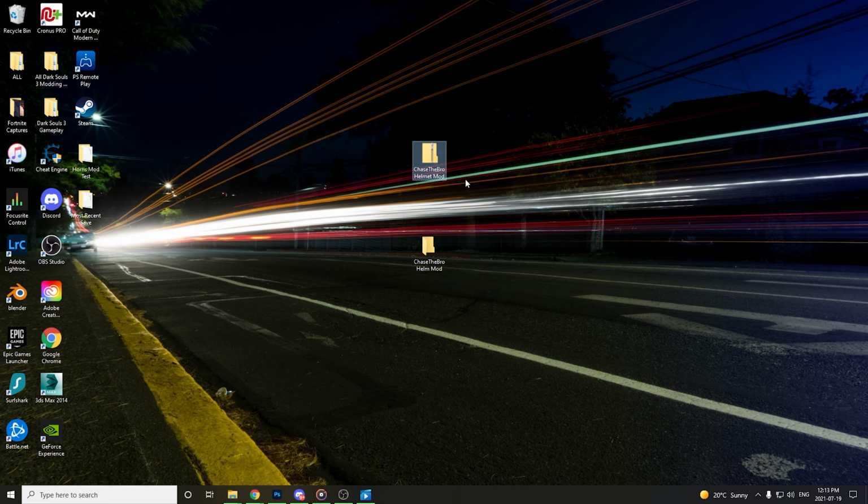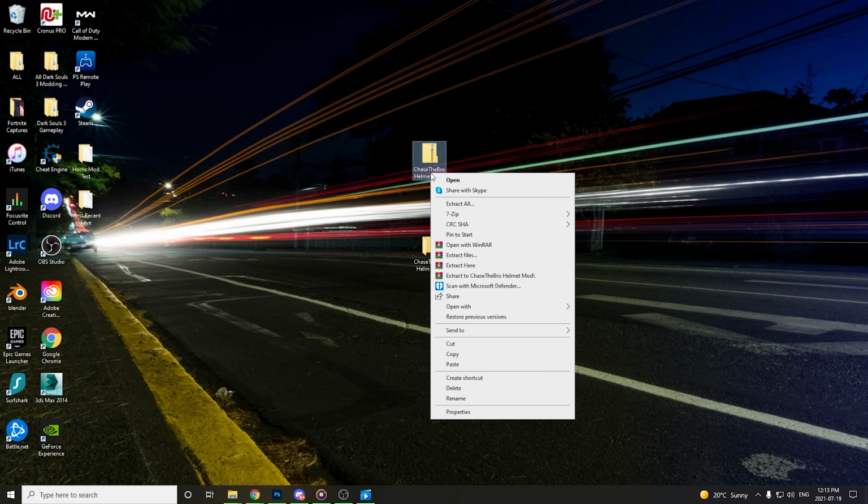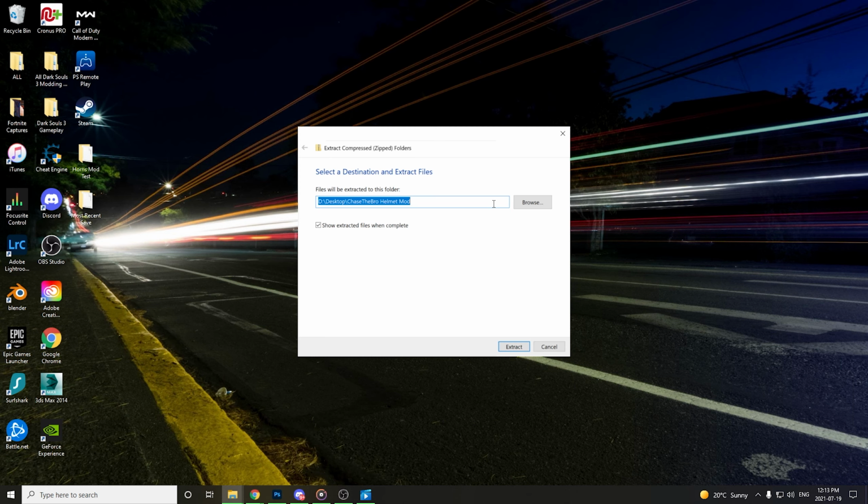Okay, so as soon as you've downloaded the mod, you should get a zip file that looks like this, and you can go ahead and just drag that to your desktop. Then from here, since it's a zip file, the files within it are compressed, and we're going to need to extract them. In order to do that, you're going to right click on the file, then hit extract all, and